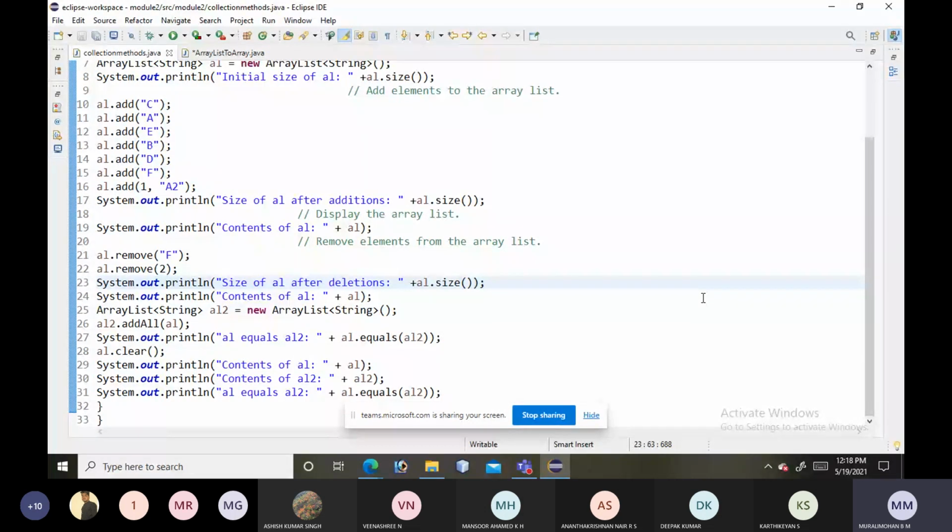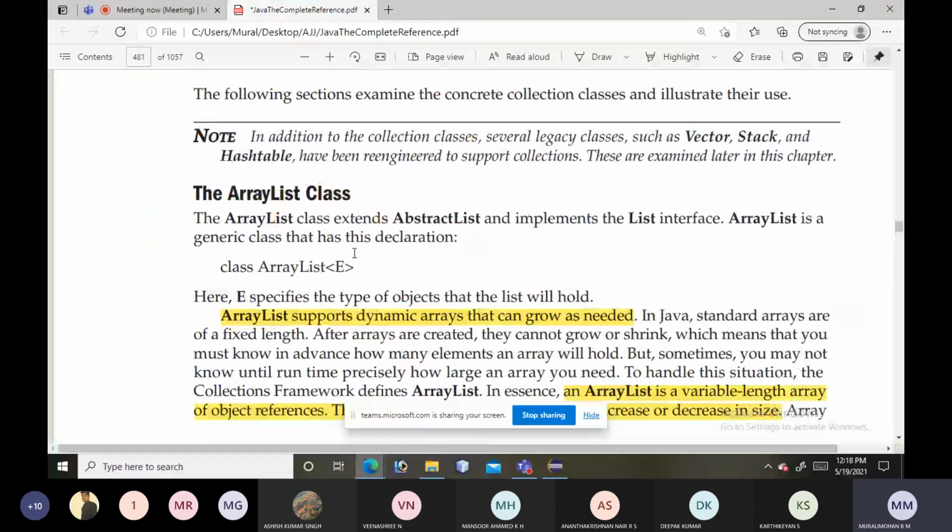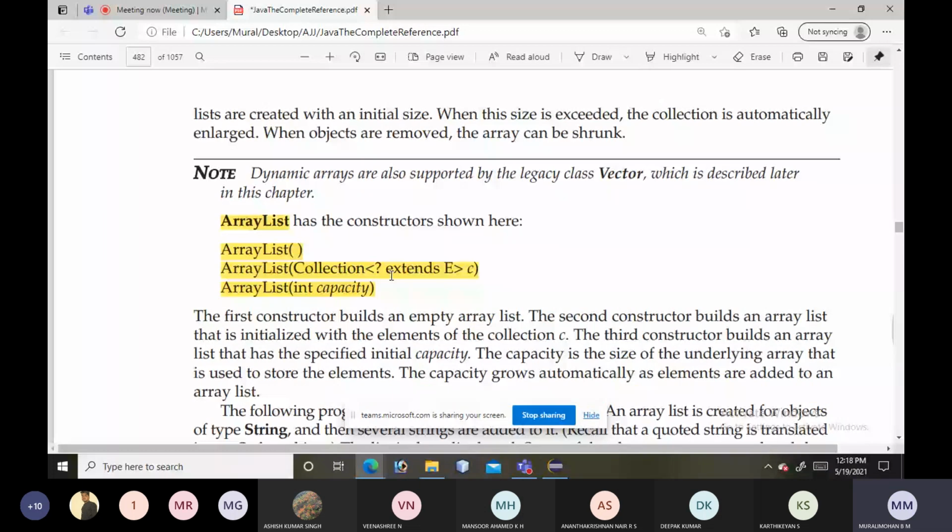This is how we will declare an ArrayList, and these are the constructors we are having to create an ArrayList. Next, with the help of the example, we will try to understand how to use methods to add the elements into the ArrayList.